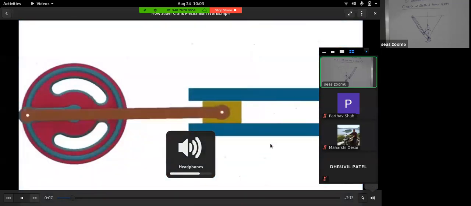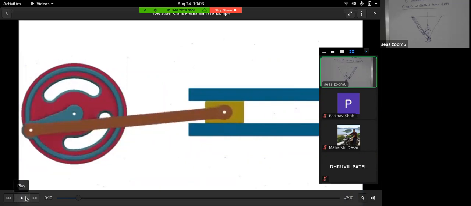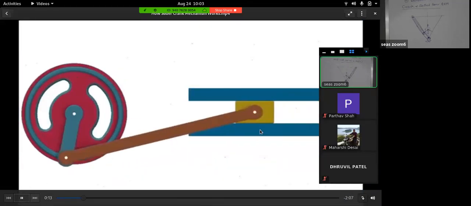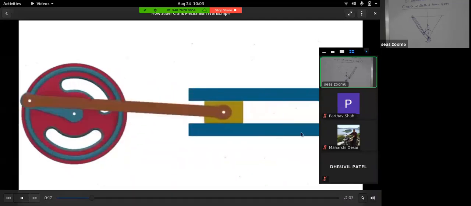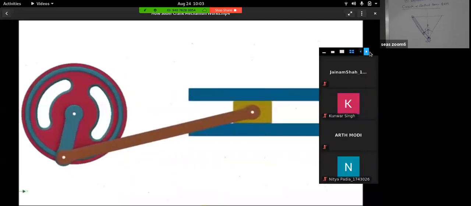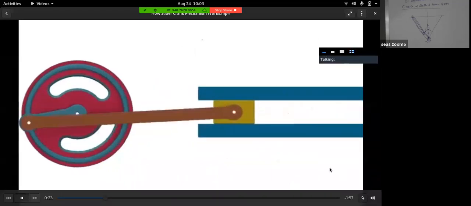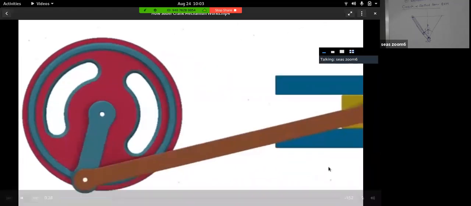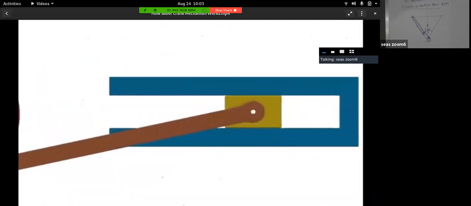A slider crank mechanism is used to convert a rotational motion. Is my screen visible to you all? Yes. Okay. So this is a reciprocating motion, and vice versa. This mechanism is composed of three important parts: the crank, which is a rotating disc, and the slider, which slides on a fixed plane.